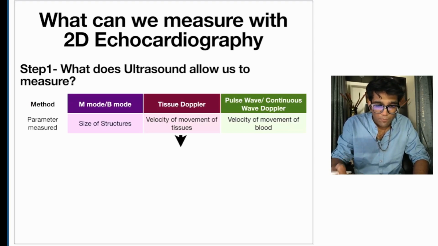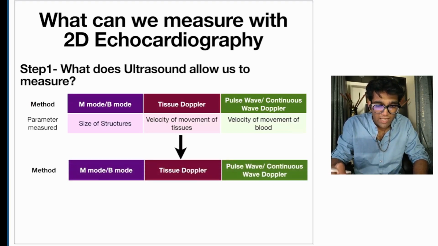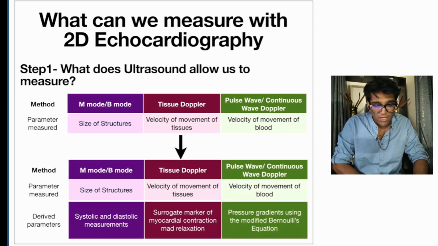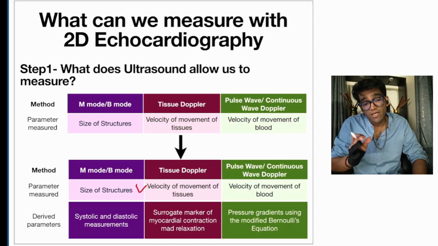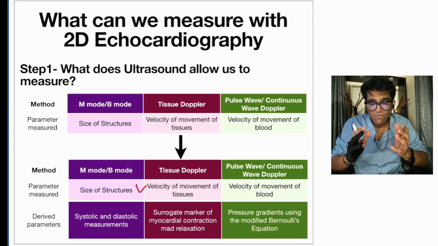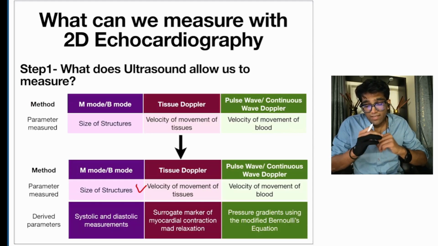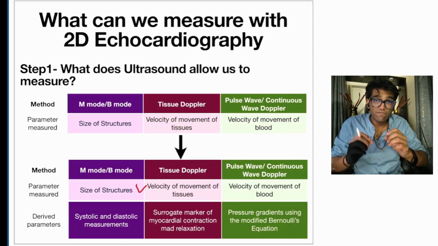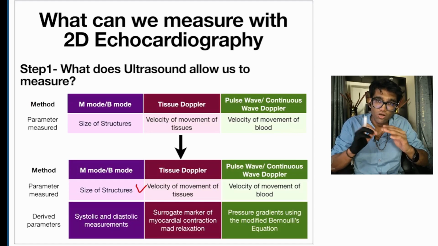Okay, so based on this, we can actually derive a few parameters. What are those parameters? So based on the size of structures, if I compare systole to diastole, I can check the change in dimensions of a structure between systole and diastole. Okay. Similarly, if I measure the velocity of tissues, I can use it as a surrogate marker for contraction or relaxation of parts of the myocardium. Okay. Thirdly, I can use pulse wave or continuous Doppler to actually measure the velocity of blood flow across a particular